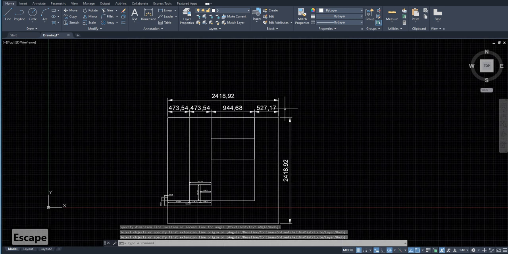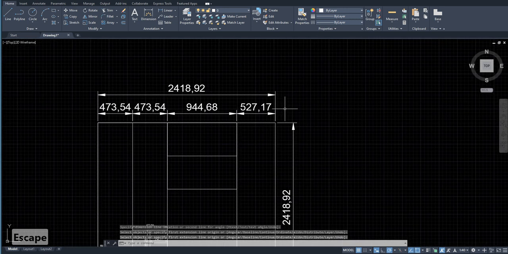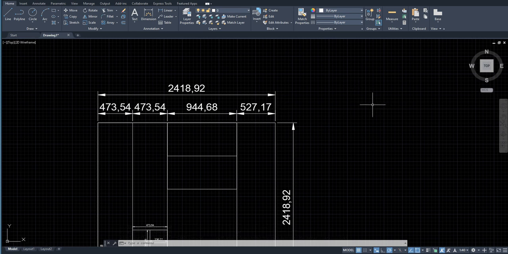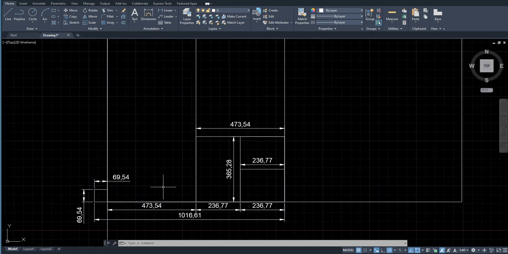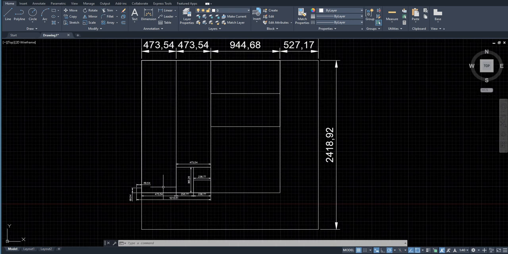You can also put on the ortho mode if you want your dimensions to be perfectly horizontal or vertical. That way it'll avoid making mistakes. Now if you can see over here that we have dimensions both in scale 1:10 and 1:40. Now if you go to the model,